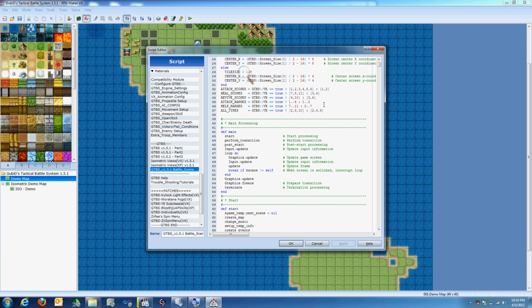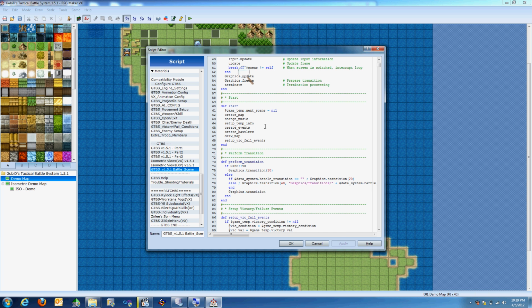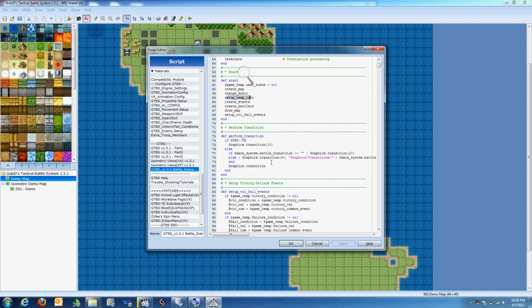With that, we can then come down here and look at our main method. Our main method here basically said start, perform your transition, which is actually done as part of the base scene now, and then post start. I tried to follow pretty similar, and then of course I just perform a terminate after I have done the update. Now this right here is the update basic, and this here is the scene changing, which is managed in the scene manager. So all we need to do now is effectively update and then do our post start, etc. So our start says clear the next scene, create the map, change the music, create any temporary information that we need for the battle, go through those events and determine